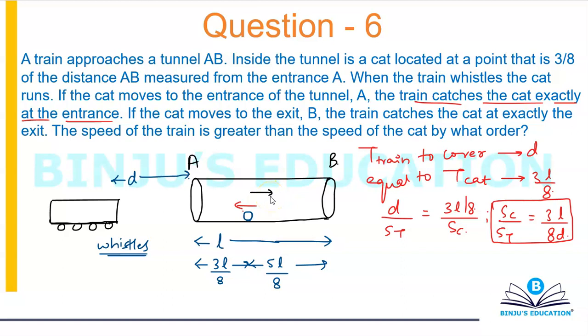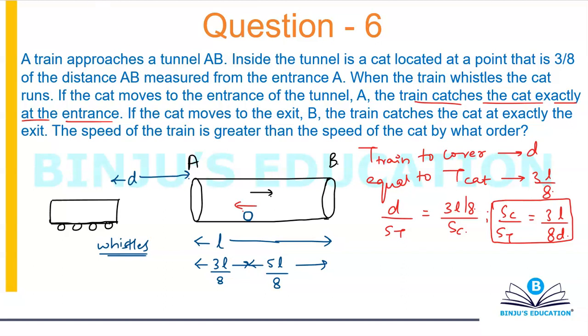Now the train whistles again from the same point. In the second scenario, the cat is moving towards B, and the train catches the cat at the exit. Which means I can say that